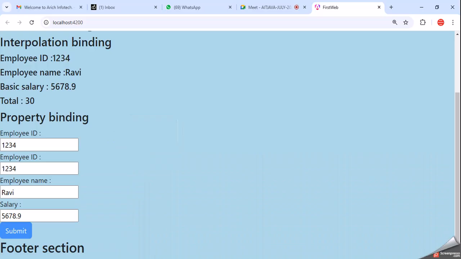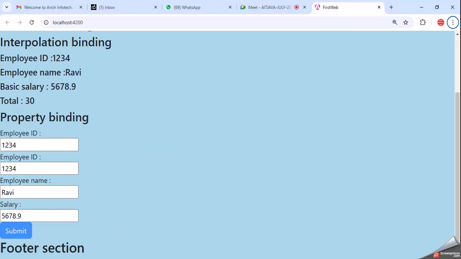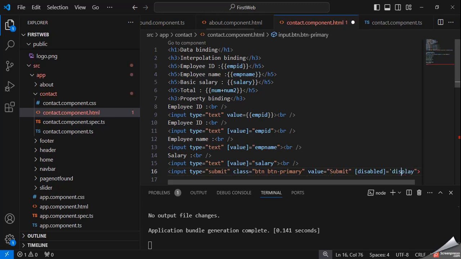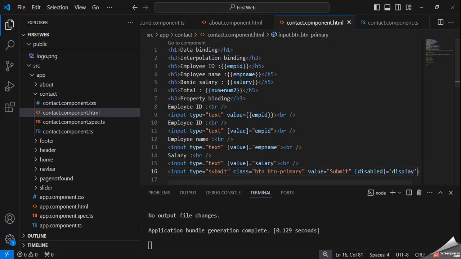And you can see this. I think it's not working. Disabled, I think the spelling is correct.